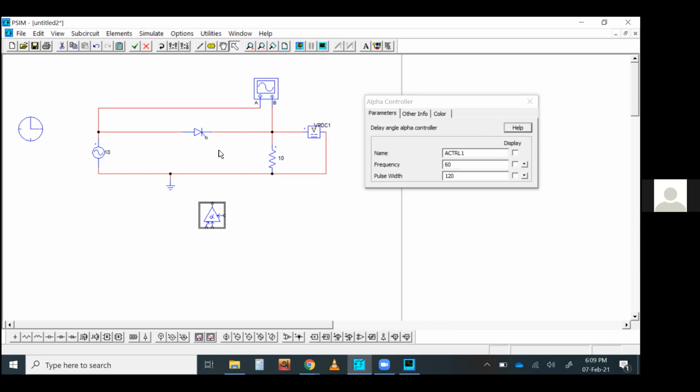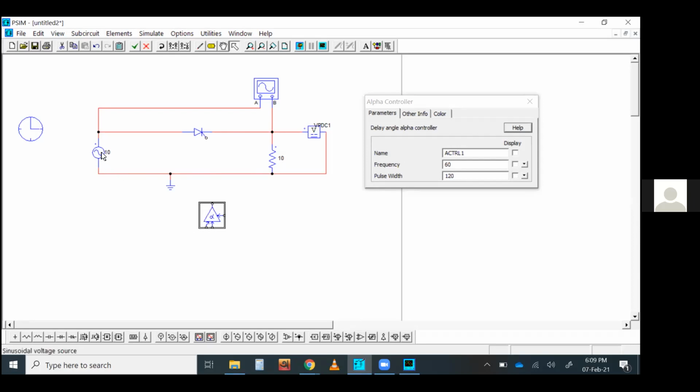In order to do that, it needs to know the zero crossing point of the sine wave, so that accordingly it can generate the firing angle. It needs to know at what point the sine voltage is now. Those things are done by this model. You don't need to worry further. You just need to set this alpha controller accordingly and give a firing angle value. It will calculate everything else and generate the firing angle for this thyristor.